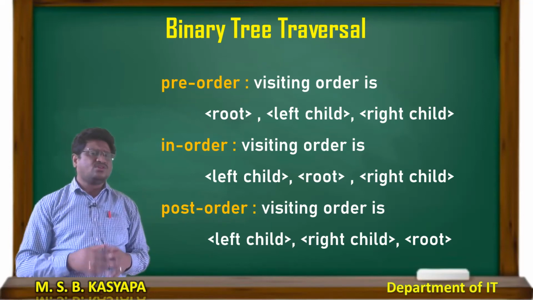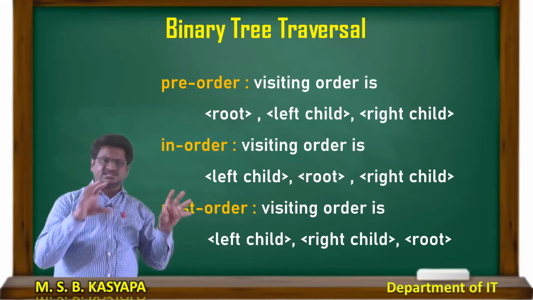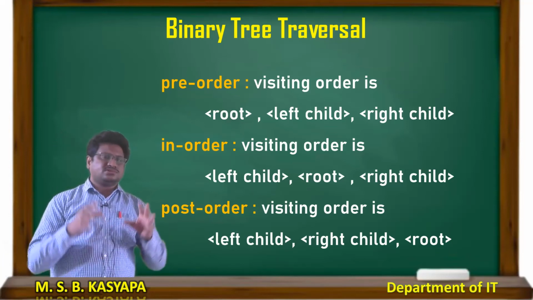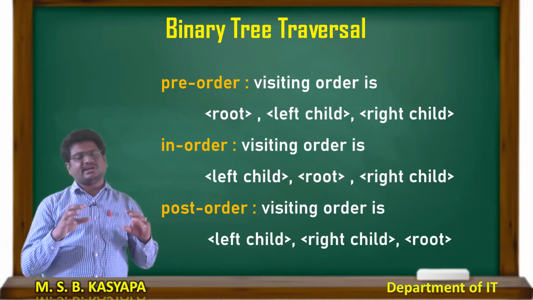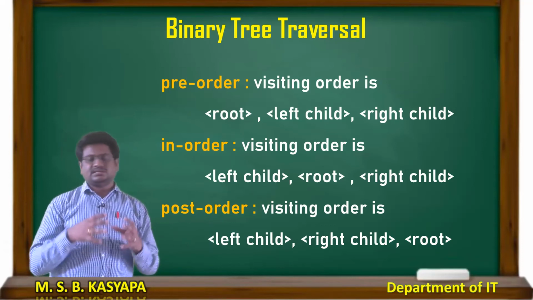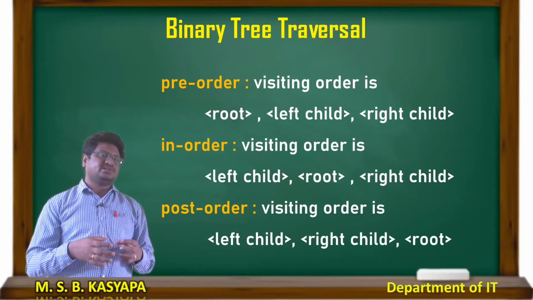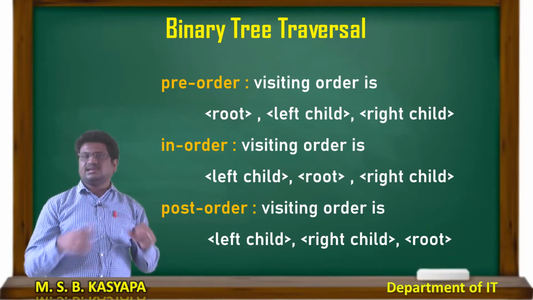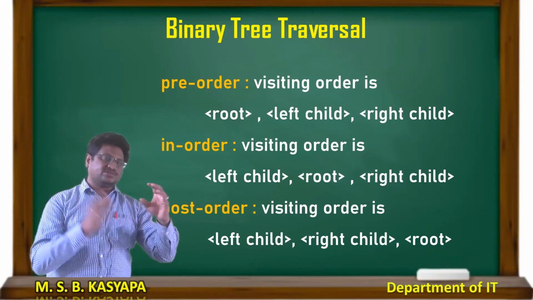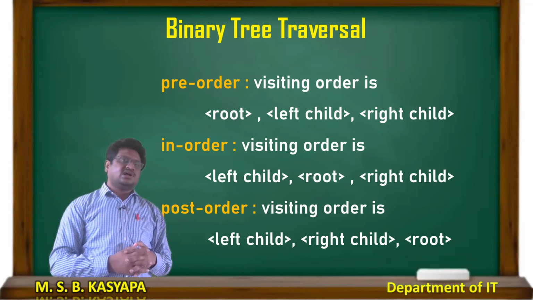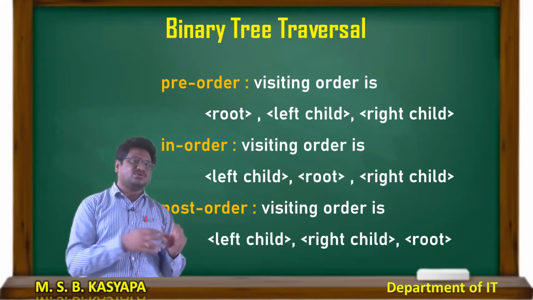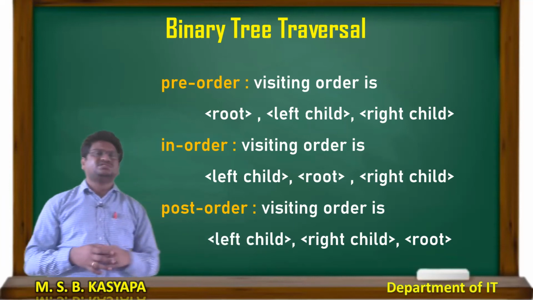Okay. Now if you see here, I am searching a left child and right child. For suppose if I have a normal tree, what can I do? If I have a normal tree containing any number of children, in that I cannot specify that it is a left child, it is a right child. Am I right? If one node has 4 children, how can I say it is a left child, it is a right child? For suppose if I have divided the 2 also, how can I define which can be visited first?